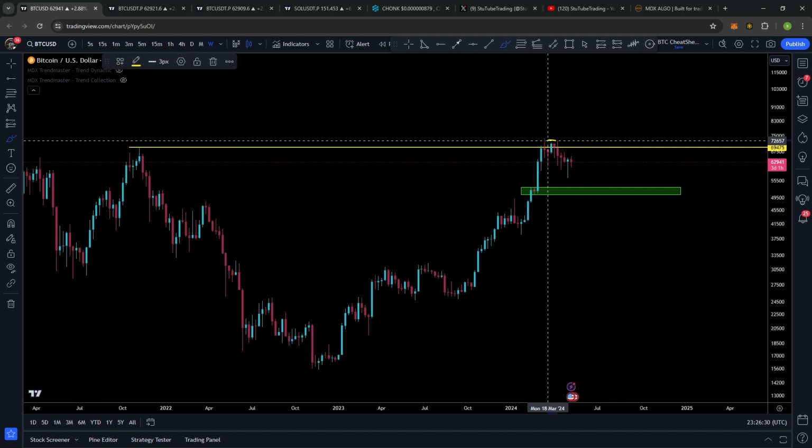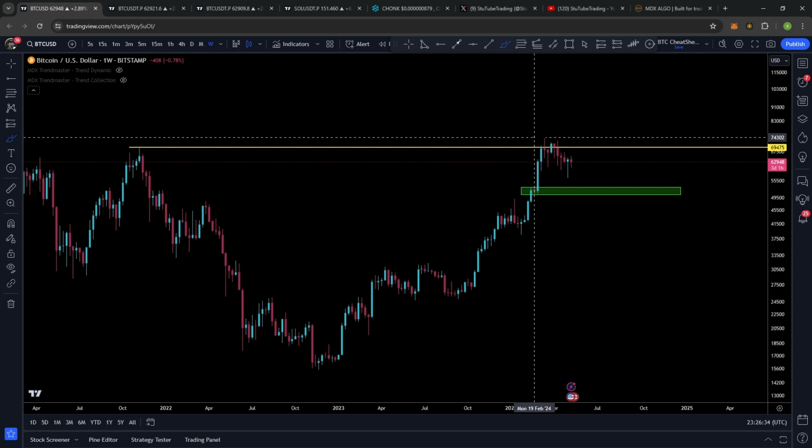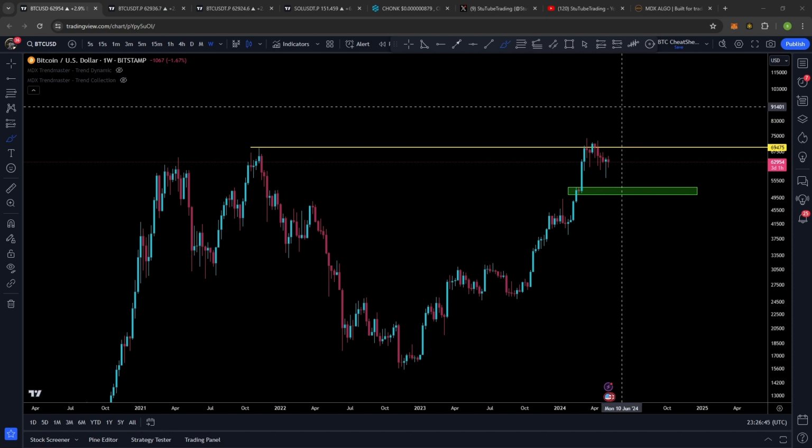We did technically get this one weekly candle close above this level, but the fact that we had a wick there already just makes that a little bit messy, right? It's just not as clear. It wasn't a clean break above that level. So that is something that I want to have on my radar right now, and something that we need to